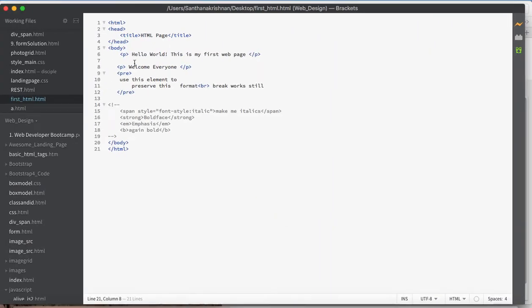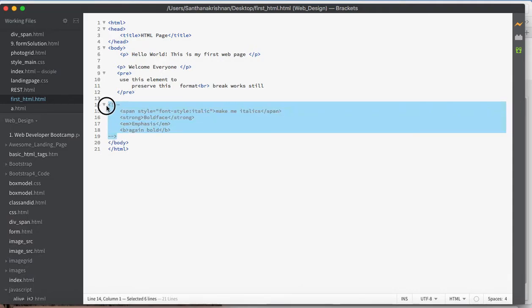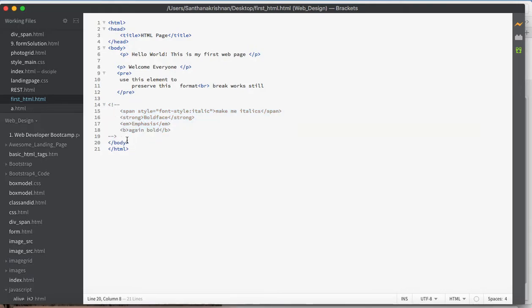So here we have the HTML page. This one you don't need to bother about, I made it a comment. We haven't touched the topic of comments; in the forthcoming slides we will be discussing HTML comments. Now just concentrate on this part alone in this HTML file. So, the pre-formatted tag, use this element. Then I am taking this to the next line, preserve this, and I am giving a few white spaces here, format.